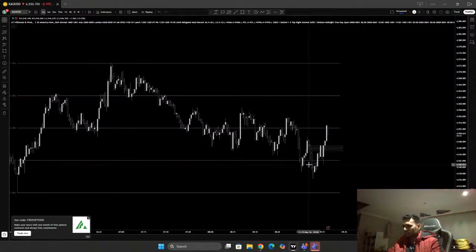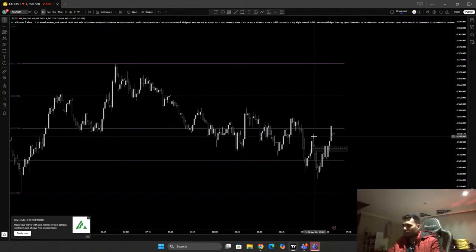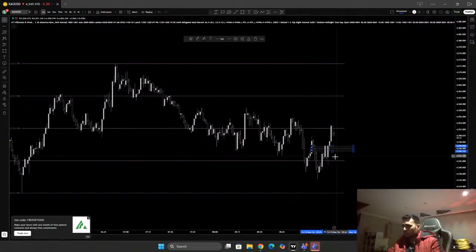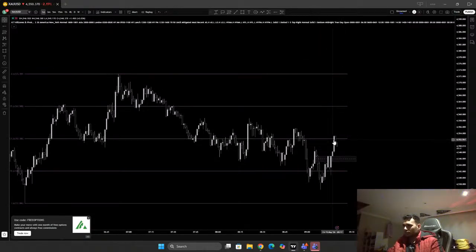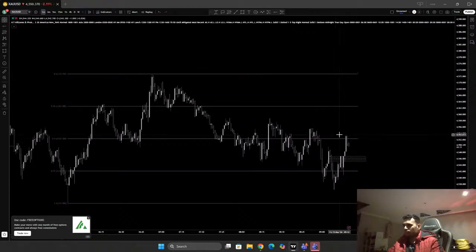So my stop was here, very tight stop. My first entry here, my stop here. It's already inverted this level. I don't like to see price come back and sweep this low. It's very deep, right? So I don't want to see that. So this is the fair value gap that's created right here. Breakup structures, inversions, inversions. So there is no point for the price to come and sweep this low.